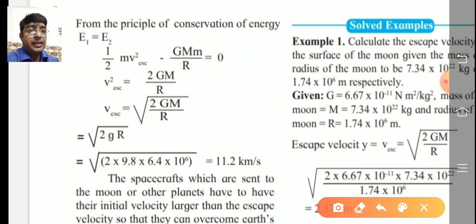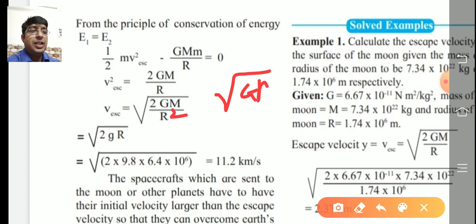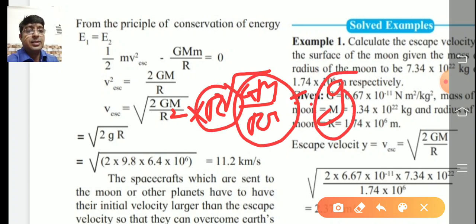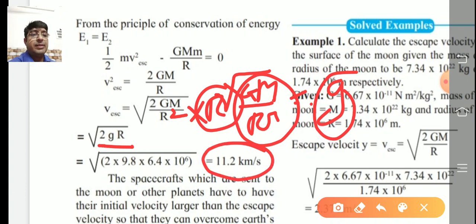Upon r square. So root of GM upon r square means nothing but small g. But r square is not there, so dividing and multiplying by r, so that value is g and this r remains, so square root of 2gr. Substitute the value, we are getting an answer. So v escape, that is escape velocity produced in an object. So this velocity is required when the object is permanently released from the earth's gravitational field, that is 11.2 kilometer per second.